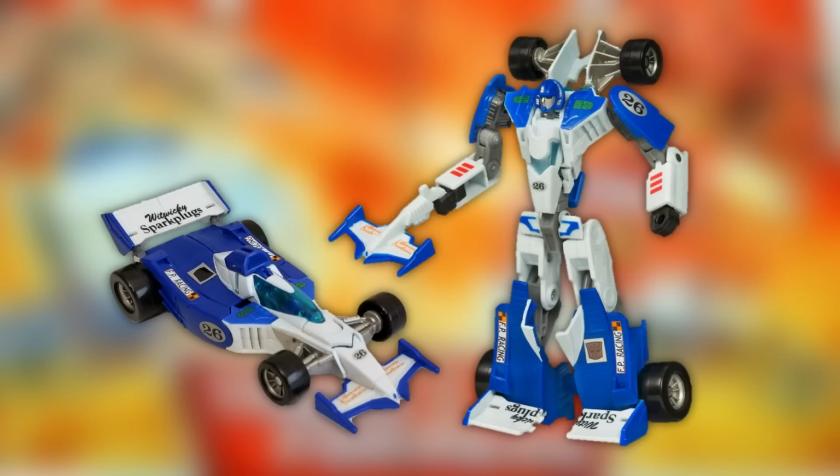Now what there is room for is the original Generation 1 Mirage toy. This looks amazing. I remember as a kid always wanting to get my hands on this toy. It just works so well. It brings back that classic Mirage design, but of course makes him a little bit skinnier now, as he should be, because the vehicle mode is a very thin car. Formula 1 cars don't really have a lot of meat on them,